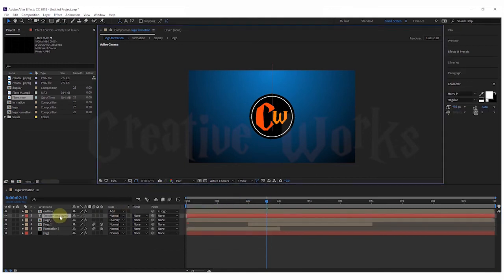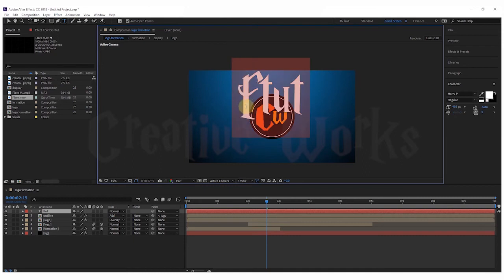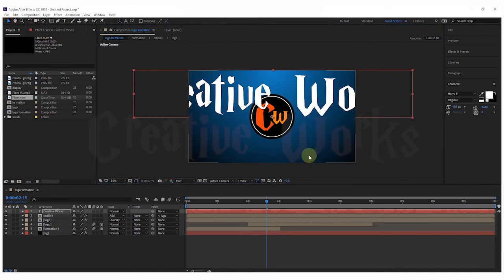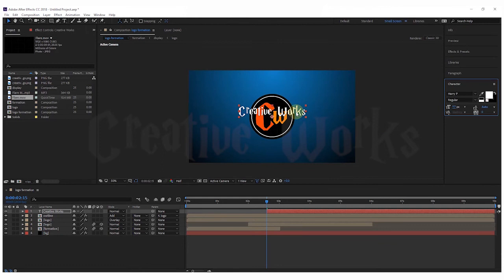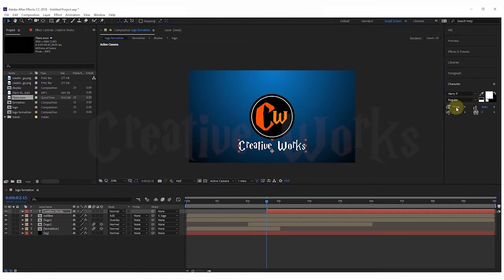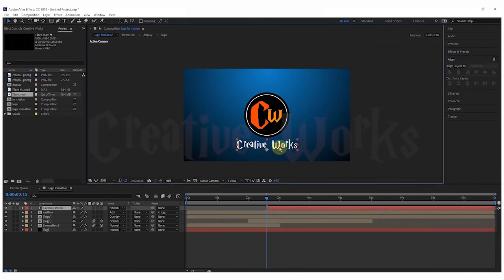Add text. Enter your text. Align it to center.